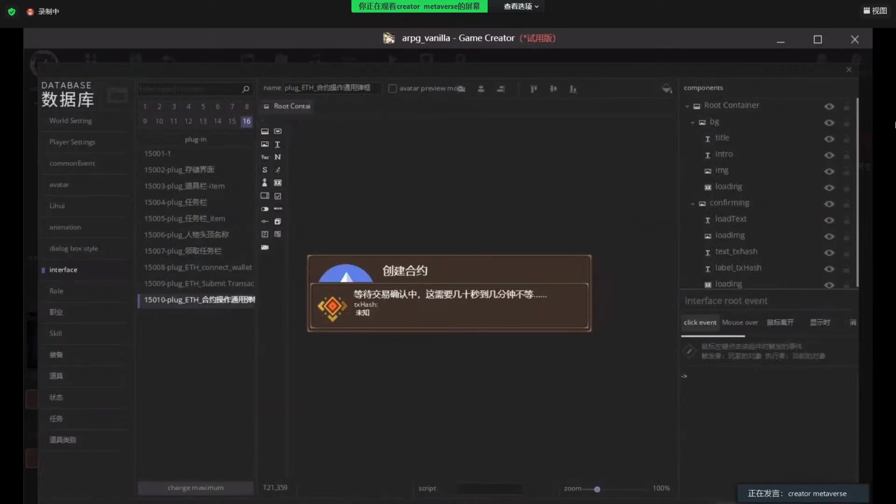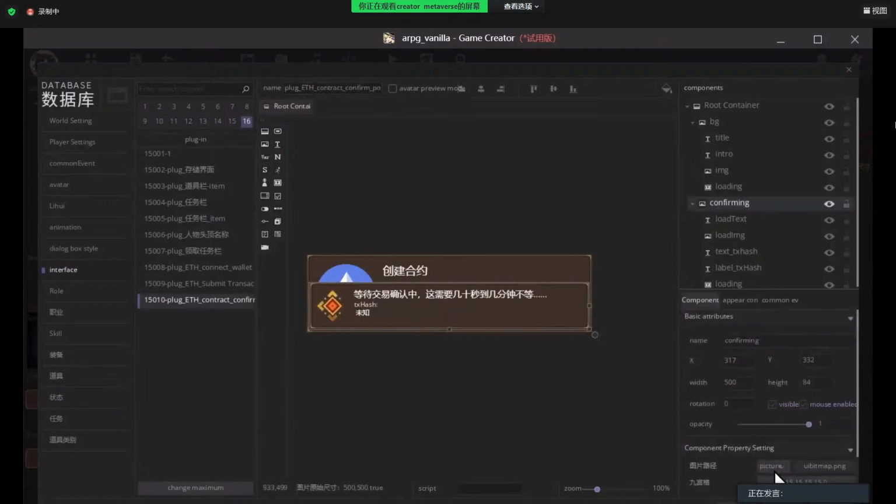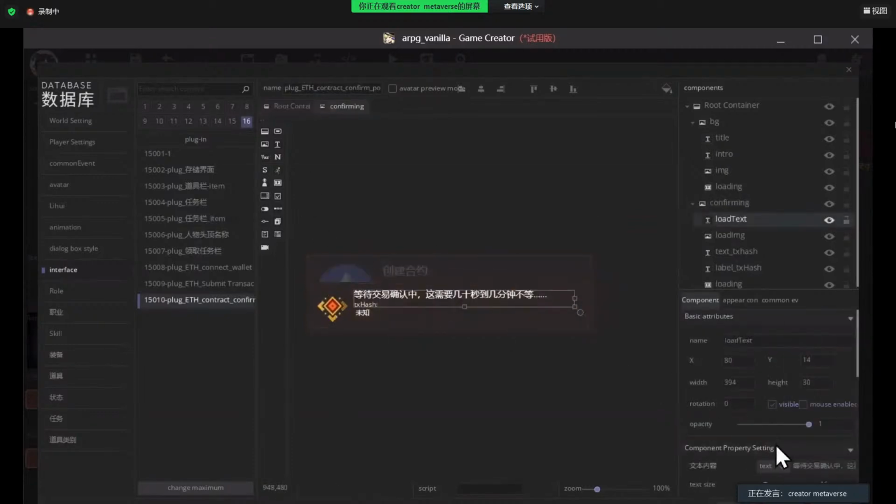Then we move into the next one. This is the contract transaction popping up. Contract confirm pop up. And this one, verifying transaction. Please wait.